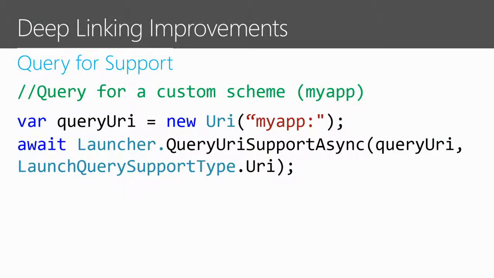We also now have the ability to query for support. So whereas previously, I'd click on Launch URI, it would give me a picker, or it would tell me I needed to go to the store. I may not want that scenario to be exposed out to my end users. I may wish to turn around and say, well, if nothing's installed on here, I'm not even going to present this option, so I can disable or hide my UI elements that would activate this linked scenario. So this API allows me to query to see if there are any installed handlers of this custom protocol.